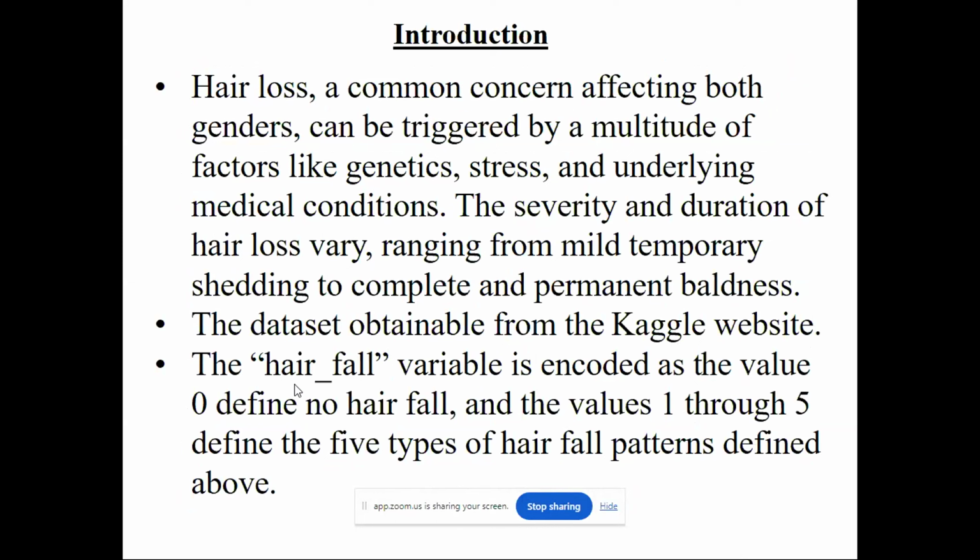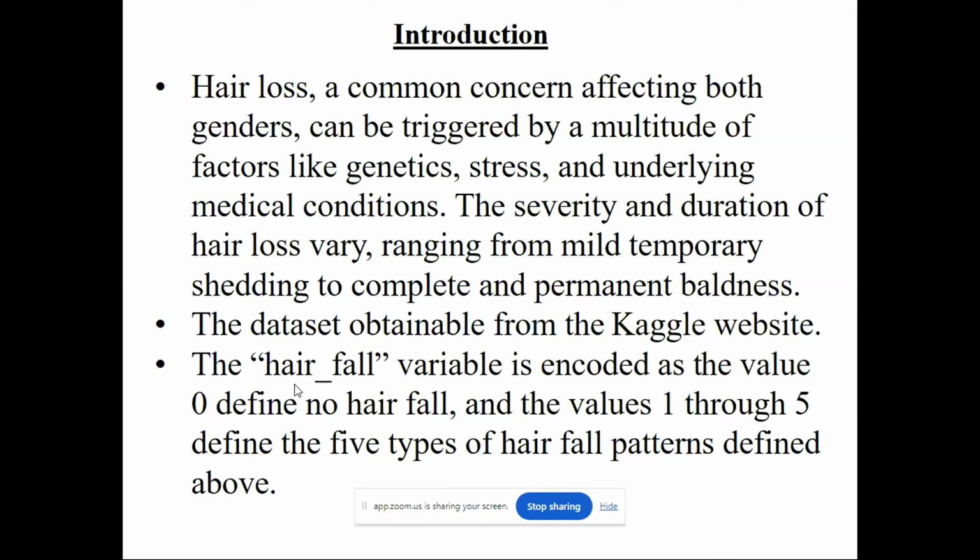In this research, the data set was obtained from online sources such as the Kaggle website, and in this data set, the hair fall variable was encoded as the value 0, which defines no hair fall in a person, and the values 1 to 5 define the 5 major types of hair fall patterns